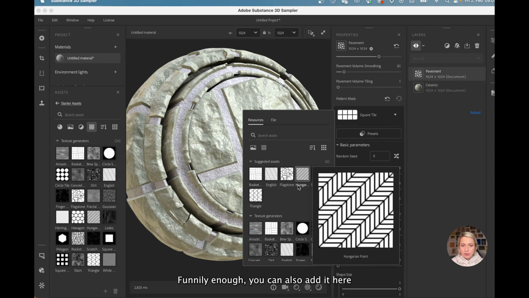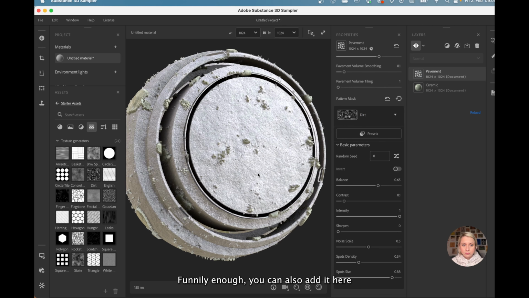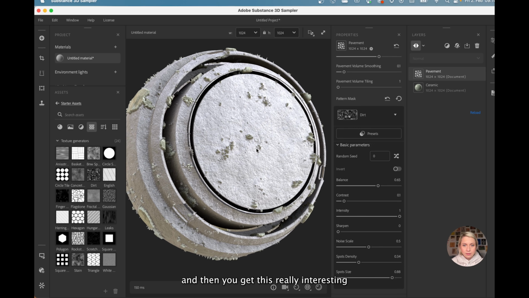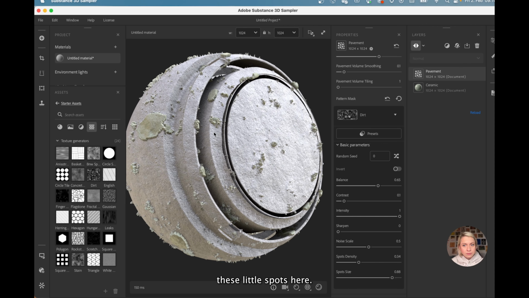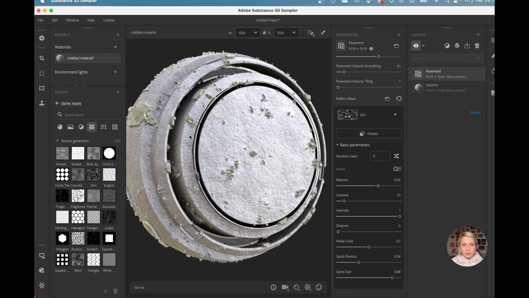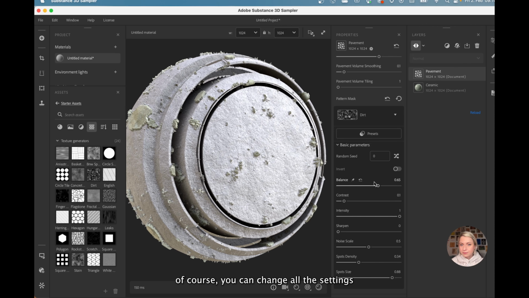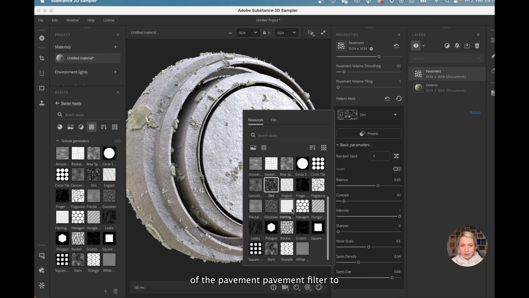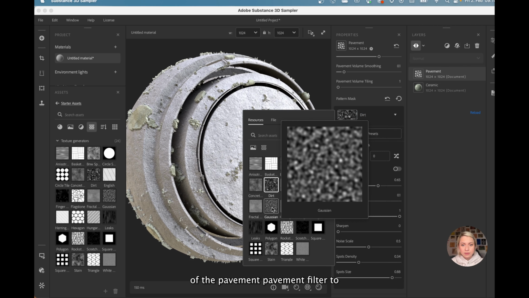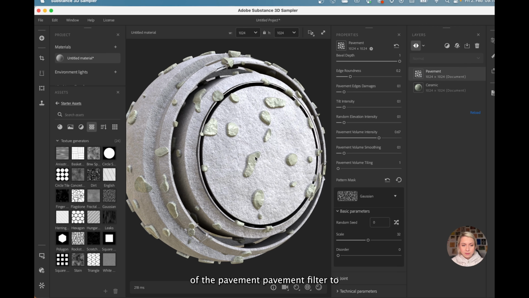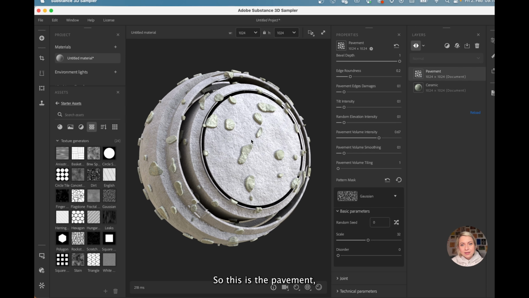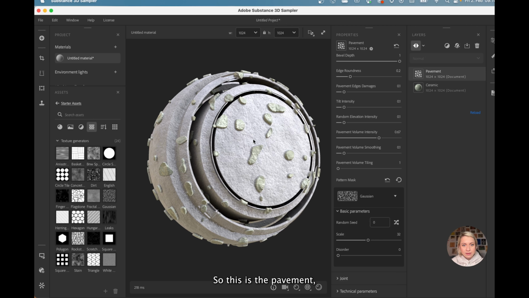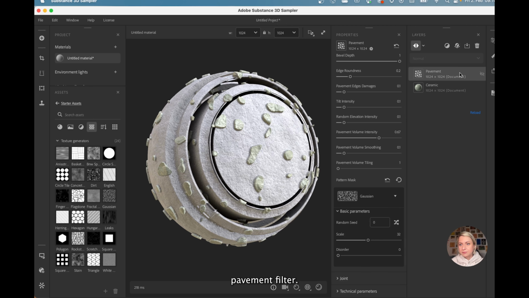Funnily enough, you can also edit here, and then you get this interesting little spots here, and then of course you can change all the settings of the pavement filter to create something cool. But look at this, I think it's really fun. So this is the pavement filter,